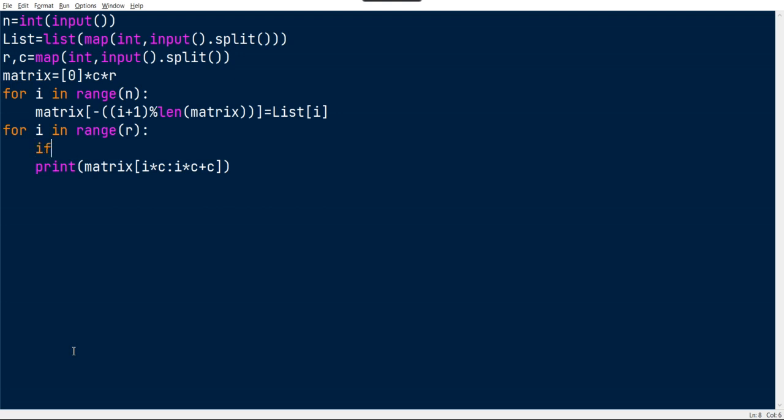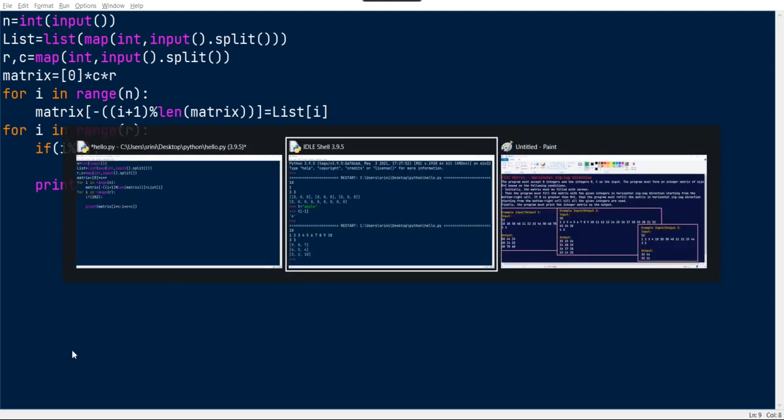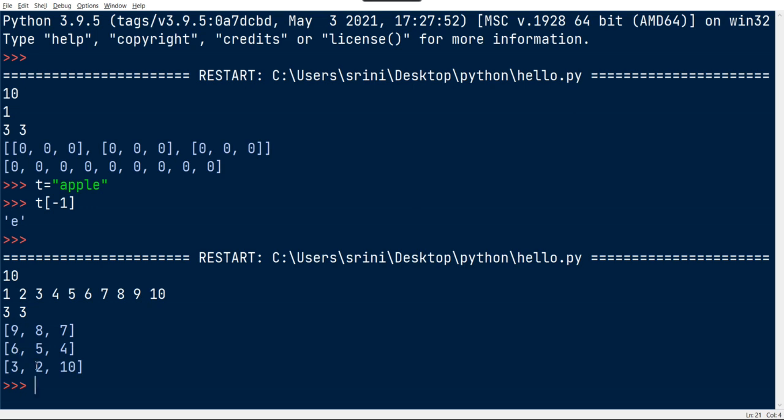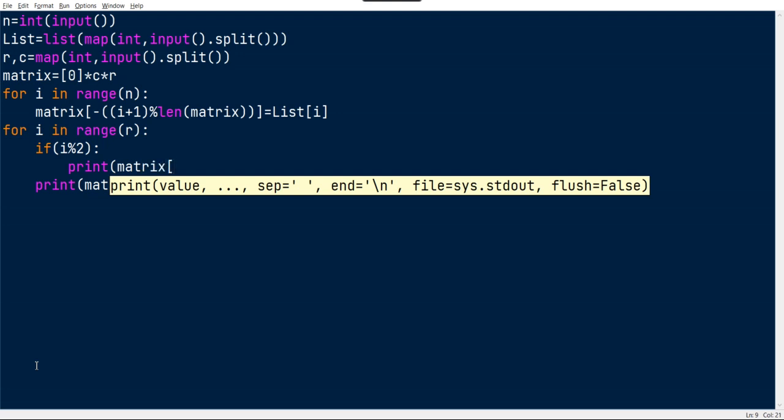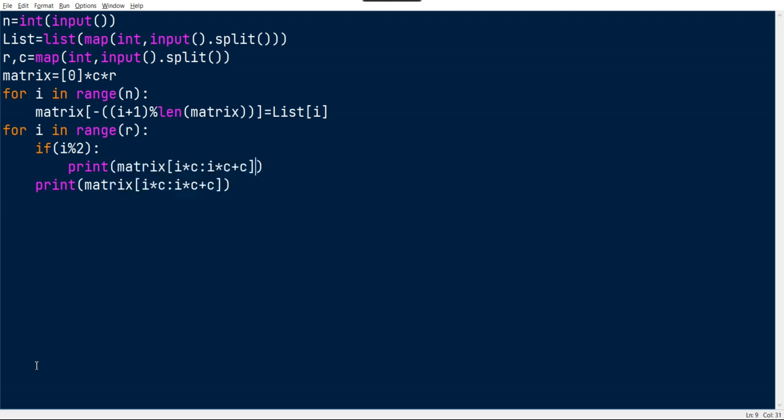Actually, if i mod 2 equal to 1, or just i mod 2, we just need to reverse that, right? Because 0, this should be reversed. Print of matrix of i star c to i star c plus c, and we can reverse this using the slice operator.